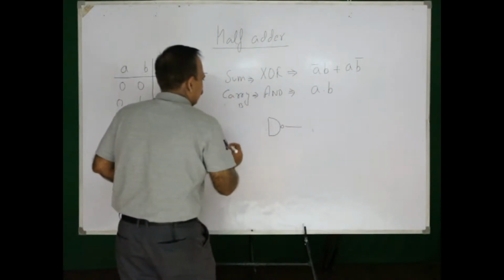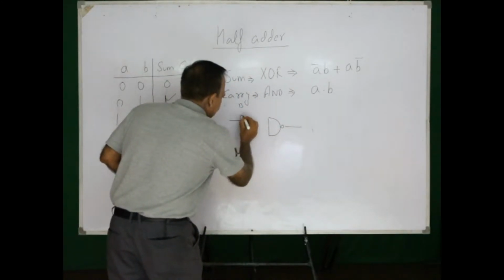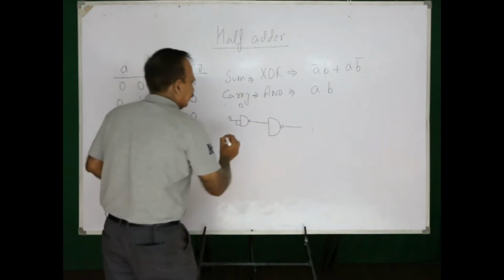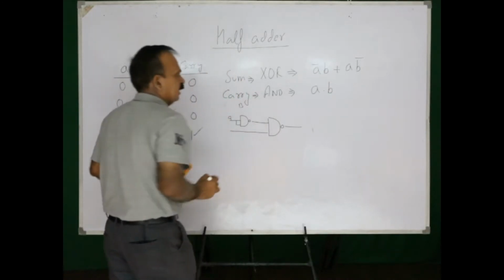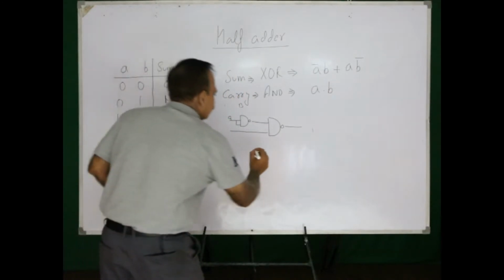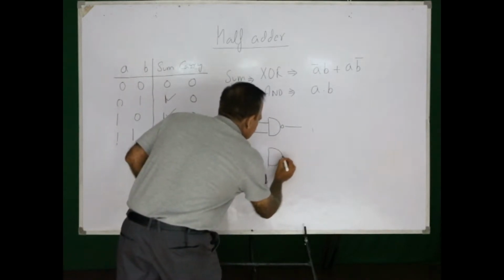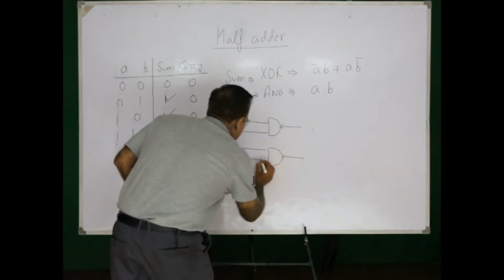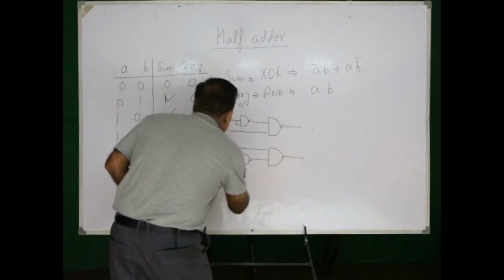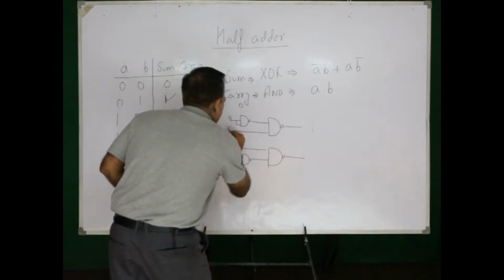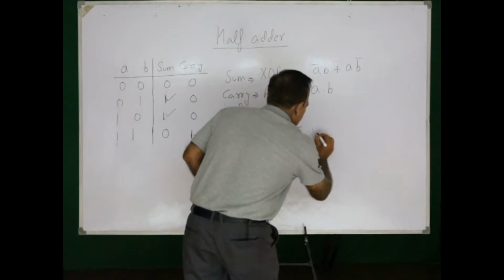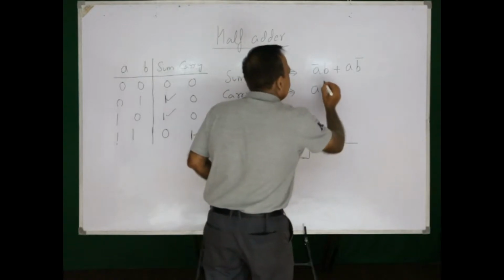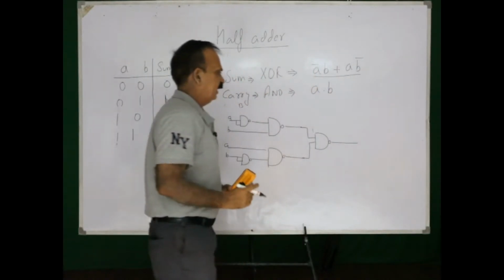One NAND gate, there will be inputs A bar, that will be again through the NAND gate. This is A, and the next is B. So the output will be A bar B. Another one I can have is another NAND gate having A, and the second one will be B. Now these will be passed through another NAND gate, and the output will be as per this one, that is A bar B plus A B bar.